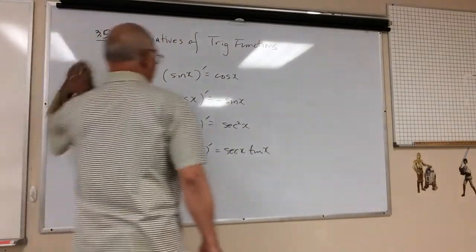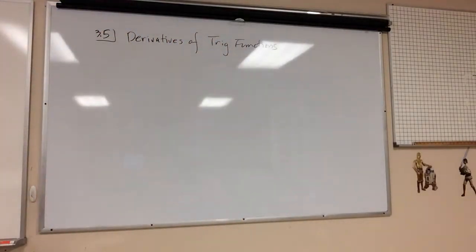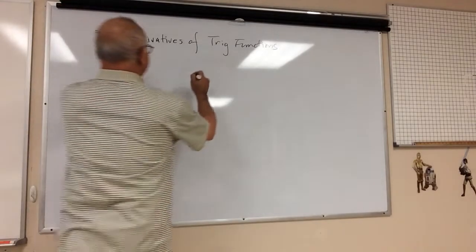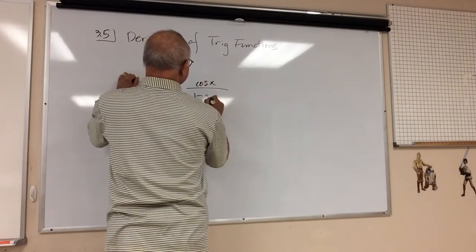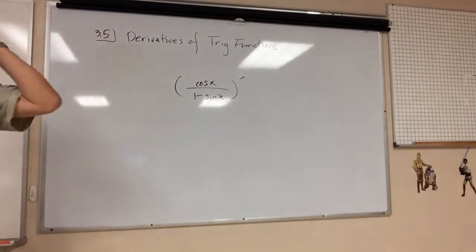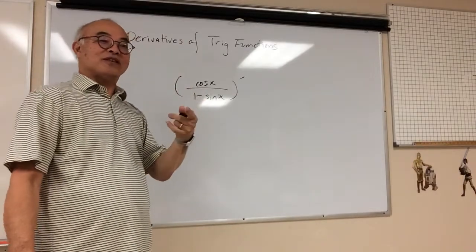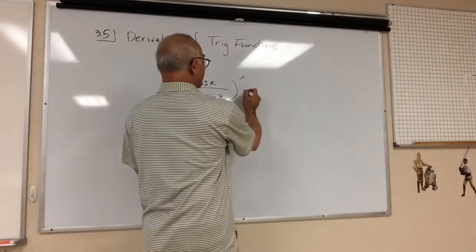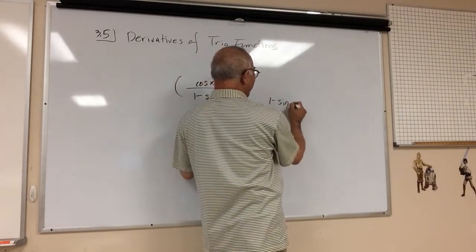So in example number 1, I'm not going to do A, I'll do B. Find the derivative of cosine x over 1 minus sine x. And we're taking the derivative of this. So how am I going to do this? Well, you can square the bottom and get rid of the denominator. What is it called? It's the quotient rule, right? Okay, so 1 minus sine x